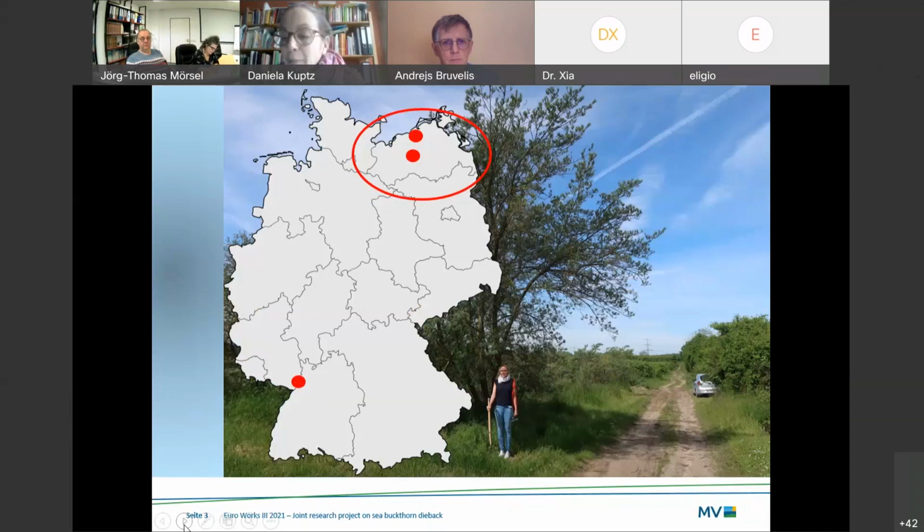Now here you see the map of Germany, and the 3 dots are our sites where we are working. The yellow dots show the different companies we are working with as well. And Jenny and me, we are doing interviews with all the people from the orchards to find out how they do the cultivation of Seabuckthorn. In the background, you see Jenny and a very huge male Seabuckthorn we discovered in an orchard near our site.